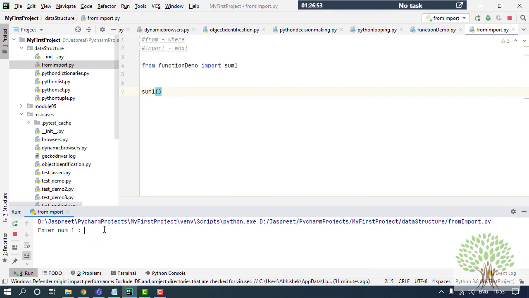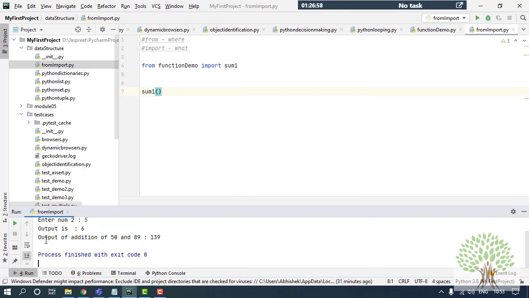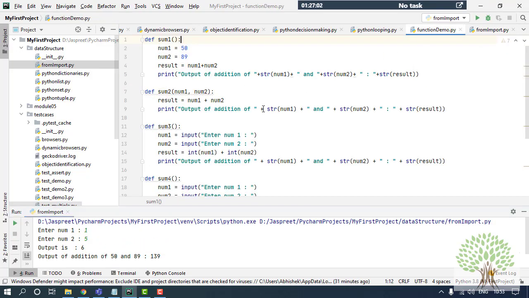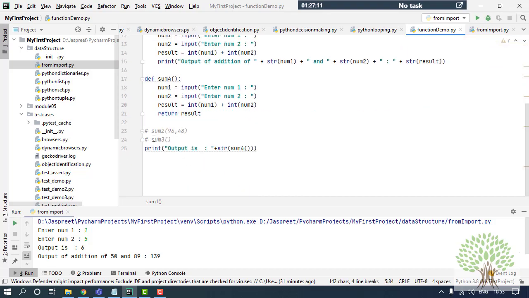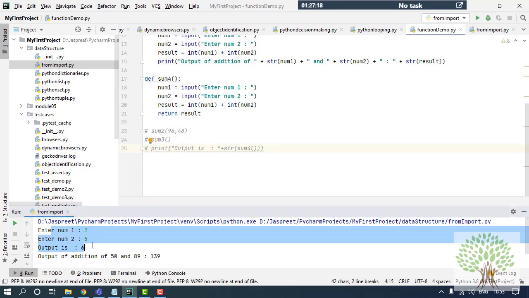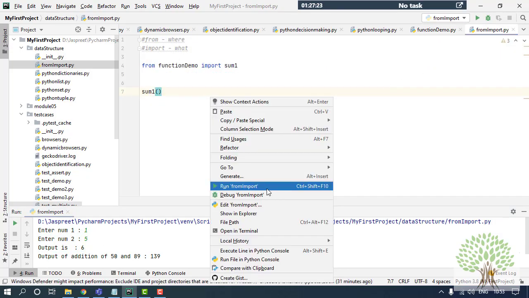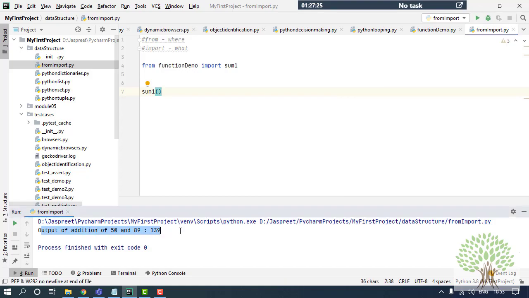Now I'll get the same output that I have in the sum1 function. So over here I get this as this one. Just wait, there is something wrong I feel. In sum1 I am not requesting any input. Okay. From here it is already called. So that is why the output is coming twice this way. This is what I don't want. So I'll just run it again. So now I get the input as this.